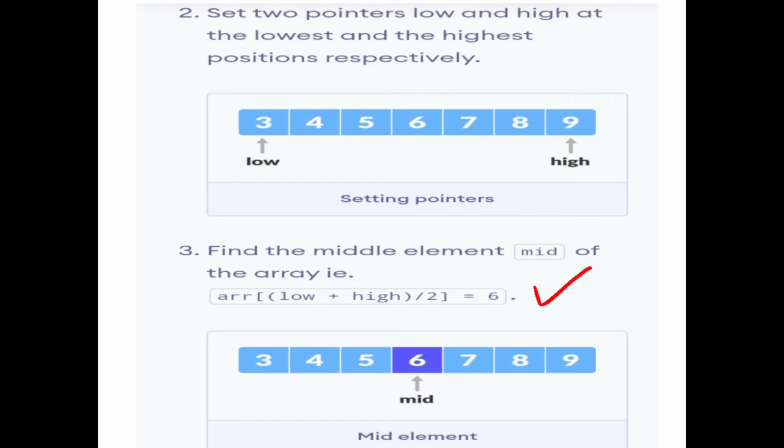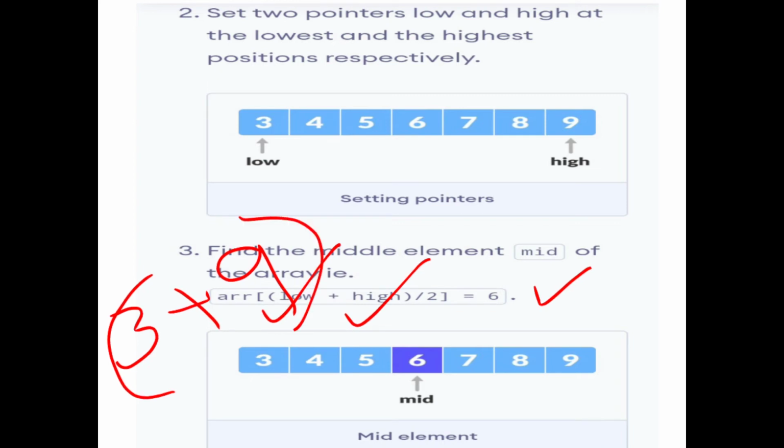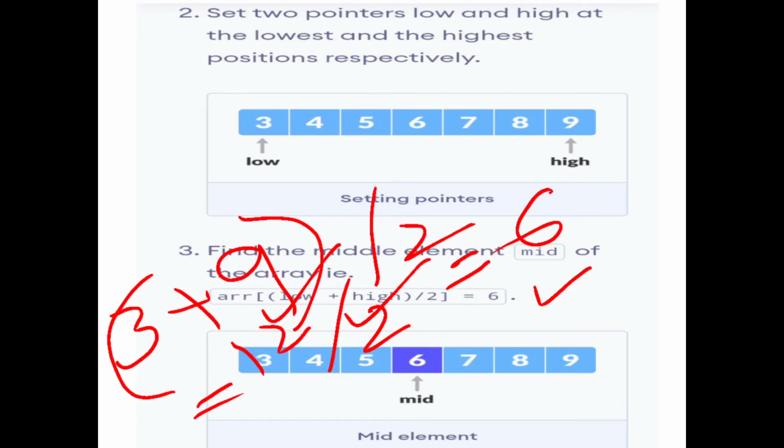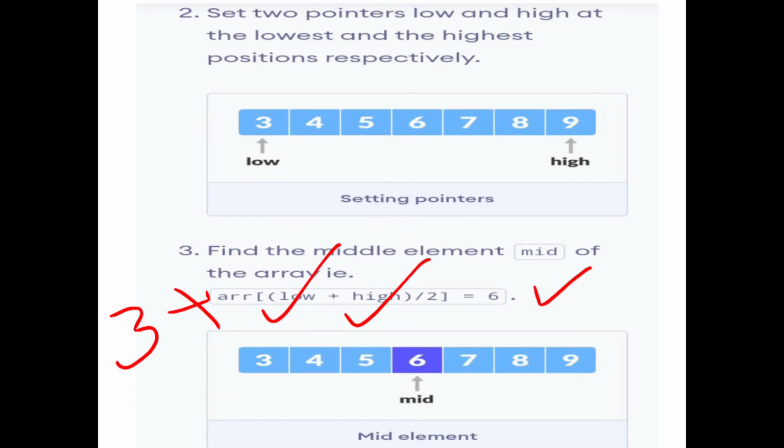So what is the value of the lowest position? 3 is the lowest value, and what is the highest value? Plus 9. Then whole divided by 2, so what is the result? 12 divided by 2, the answer is 6. So 6 is the mid element, the mid position of the array.